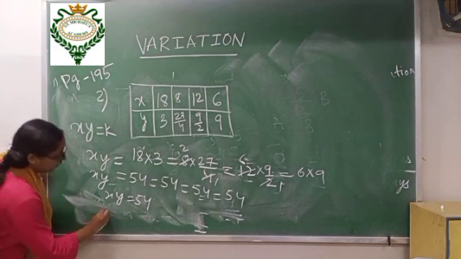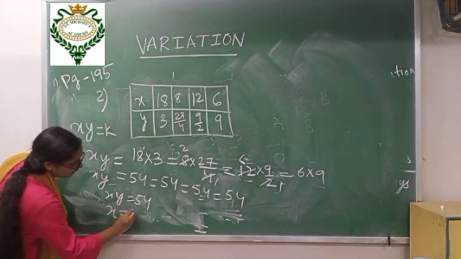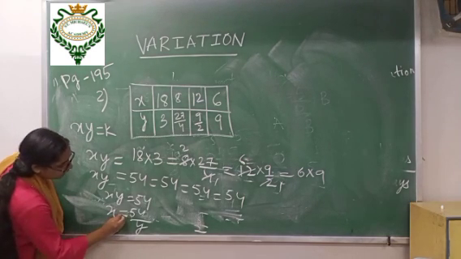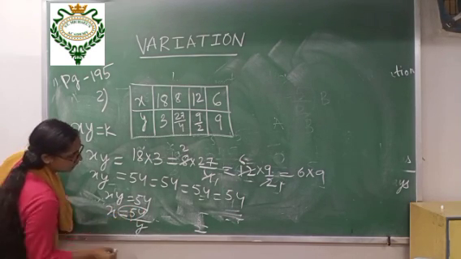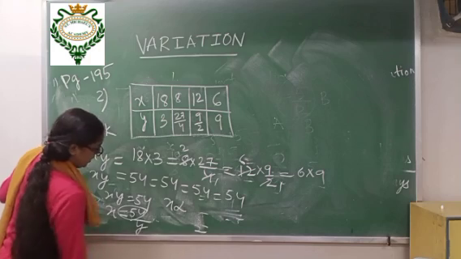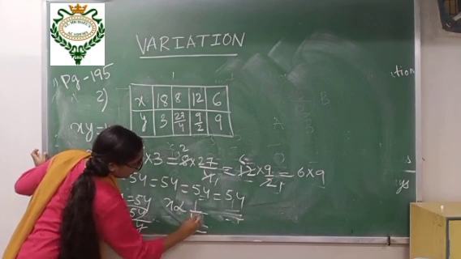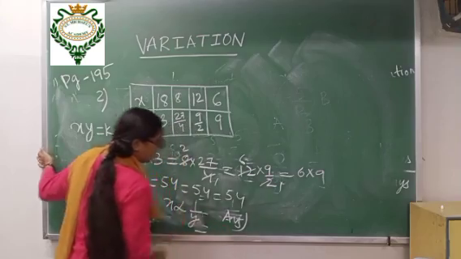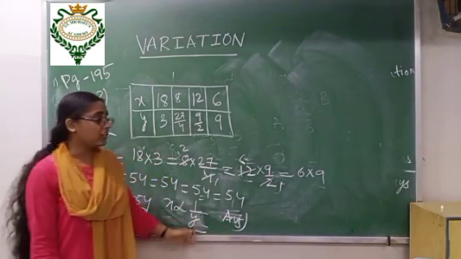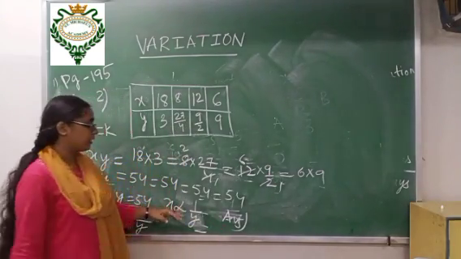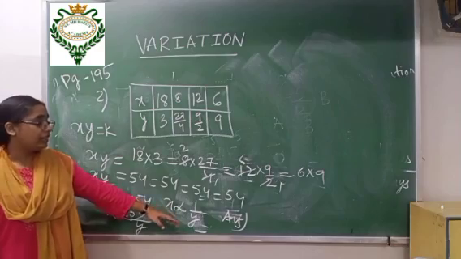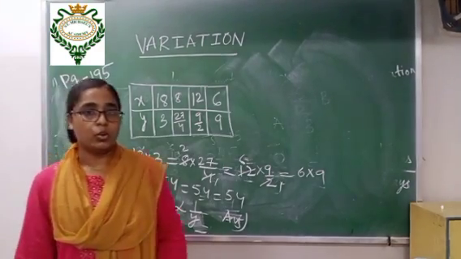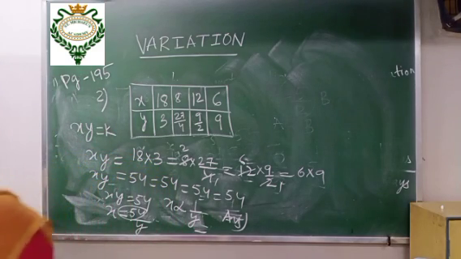What we will do? First, we will take this y down. Then we will remove this equals sign and this 54 as well. So it will become x inversely proportional to 1/y. So in the answer, please write in a statement that x varies inversely with y. Means when x increases, y will decrease. When y increases, x will decrease. Write all the answers in a statement. Okay. Please copy this.